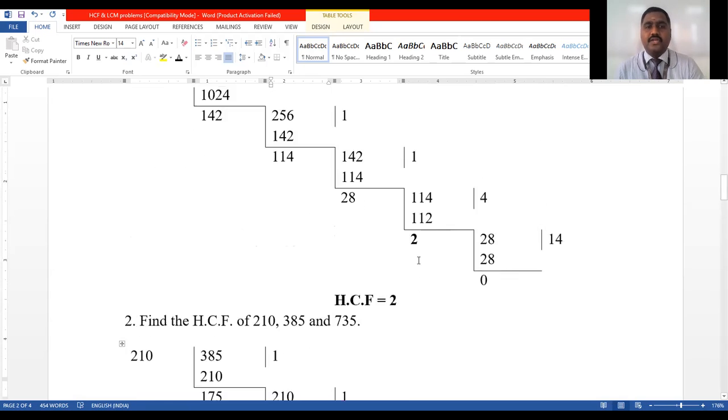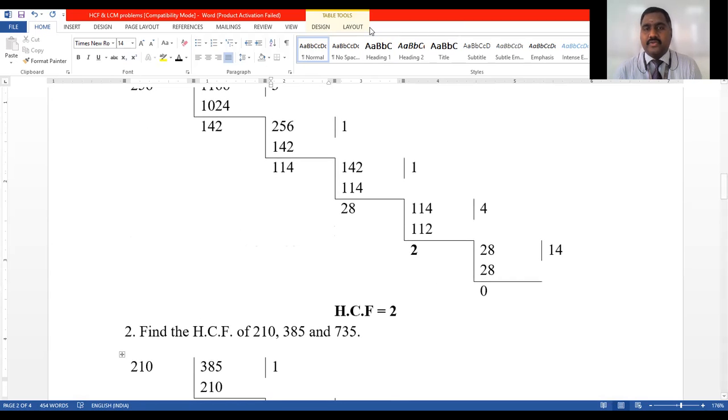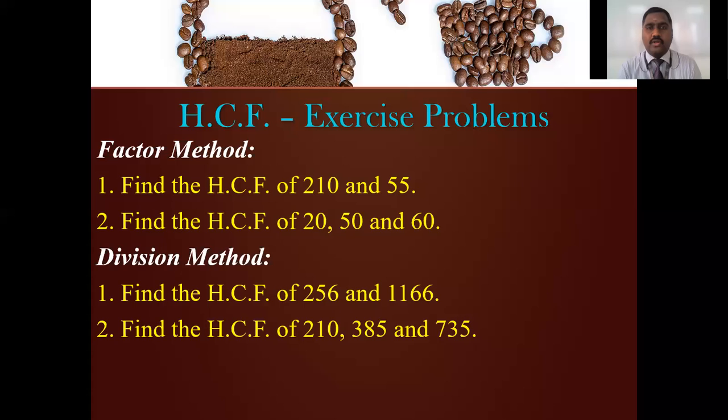Okay. So these are the two important methods that you will be getting in the examinations. And you know how to solve by the factor and division methods. In the factor method, you have to divide each and every number by the prime numbers and take the common prime numbers with the least power. Common prime numbers, that is common divisor with the least power. Whereas in the division method, you have to divide the highest number by the lowest number and keep on dividing until you get 0. So once you get the 0, the particular final divisor is called the HCF.